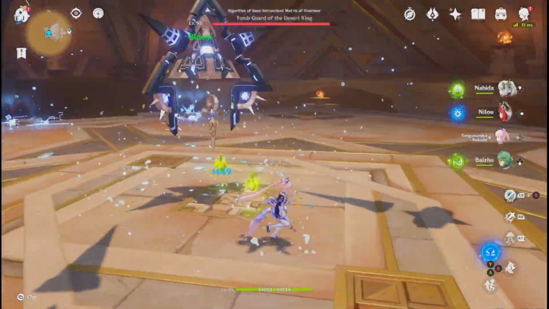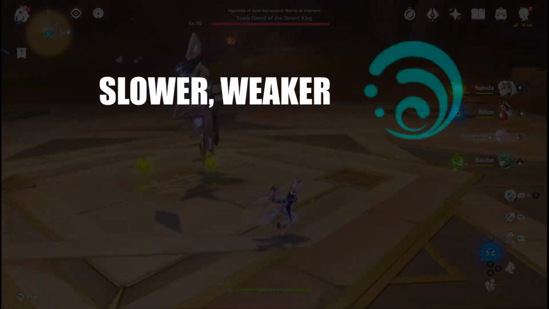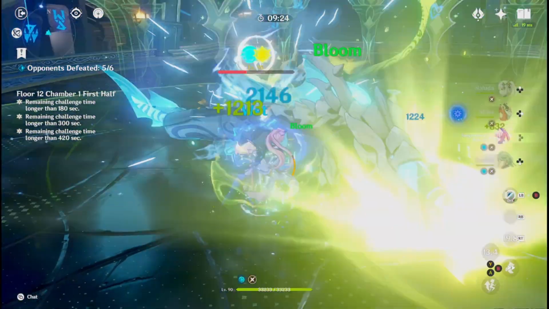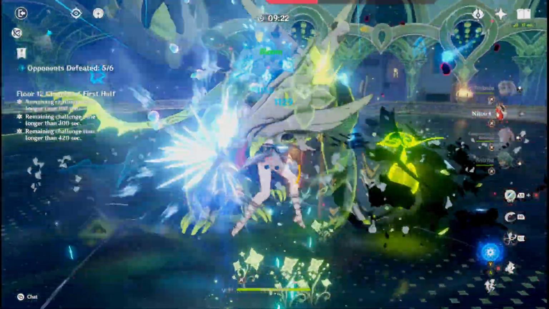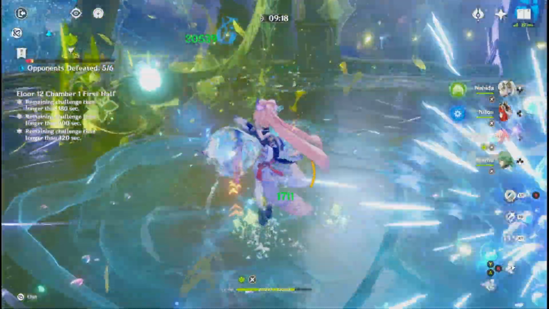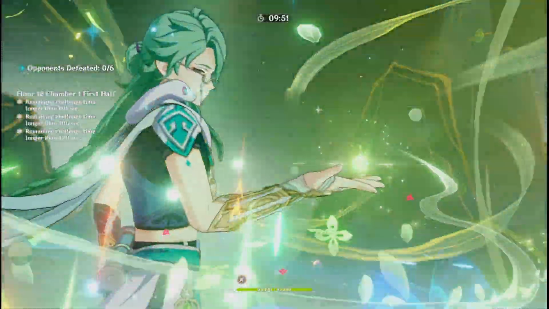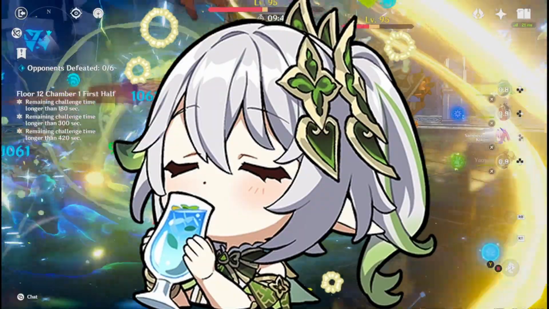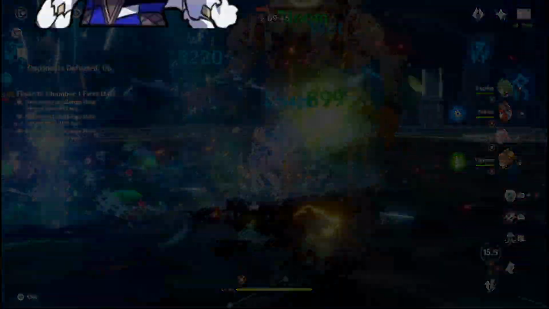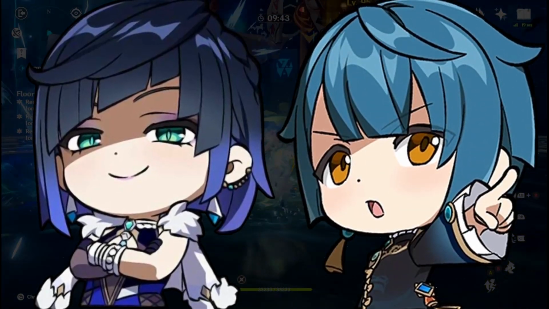Therefore, it's much more valuable to have slower, weaker hydro application and faster, stronger dendro application. Since Nilou teams excel in AoE, both of these elemental applications should primarily focus on being AoE. There are some situations where you don't need to focus on this though, especially when you have Nahida, who has copious amounts of dendro application, or in more single target scenarios, where Yelan and Xingqiu can be very strong